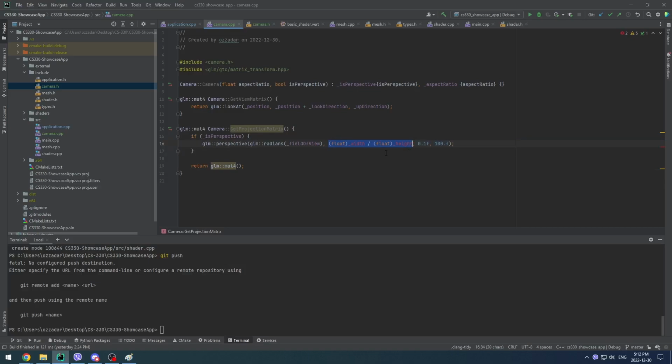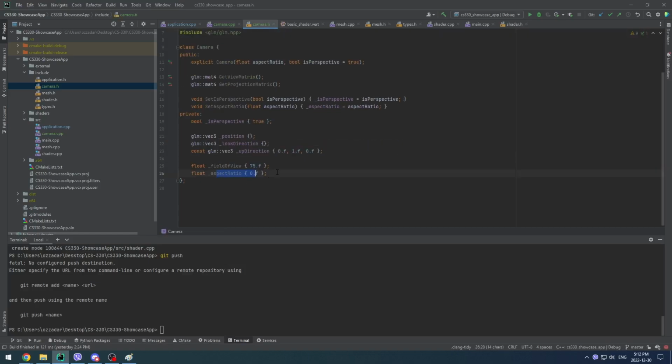Here we put aspect ratio, and these near clip and far clip planes are actually things we do want values for as well. But we're going to define them, but we're not going to change them, and you can add setters for them if you need them. Near clip